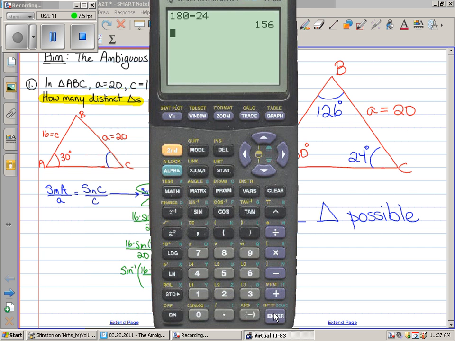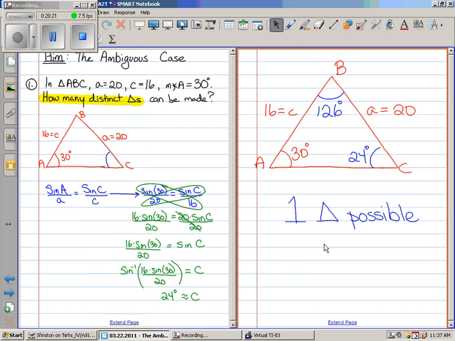Why won't it work? Because 186 is too high. There isn't anything left over for C, no matter how small it shrinks. And that's why there's only one possible triangle available. It's exactly the case. Every time there's one, you have to check to make sure the hidden one, the other one, is there. You good? So the sine